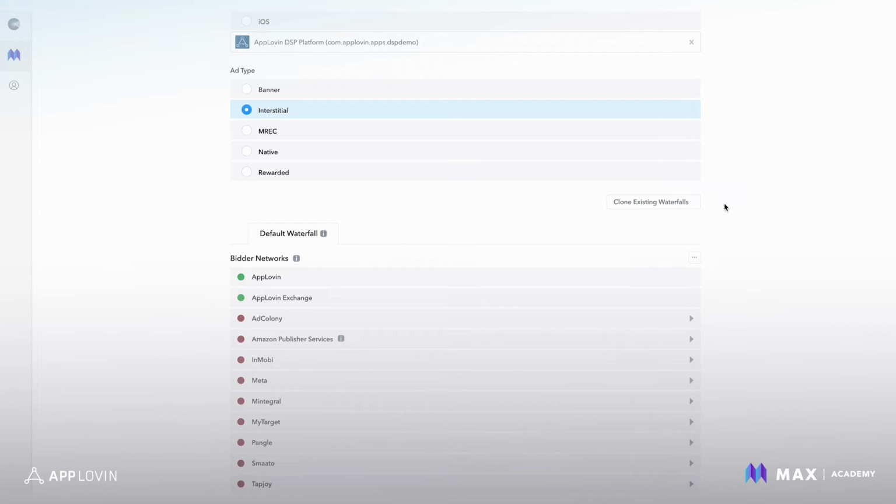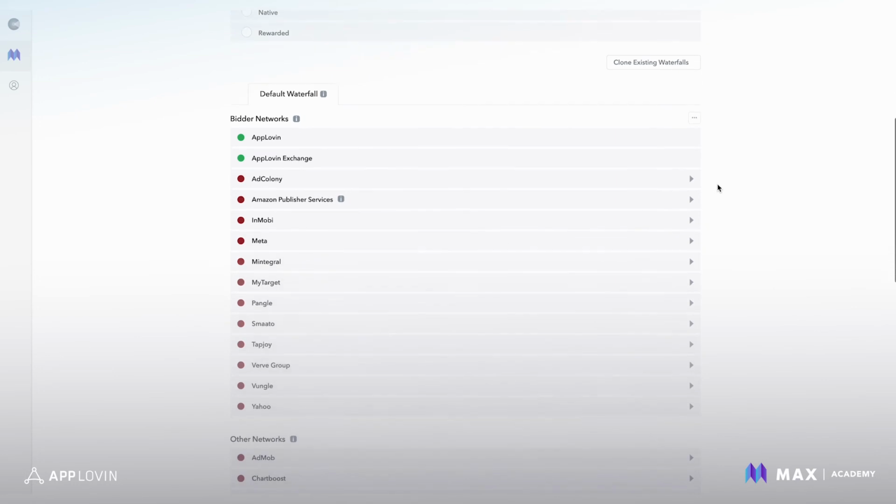If you're running multiple placements of this format within your app, you can still report on each unique placement. You'll just name and tag each placement within the SDK. And when you pull in reporting, you can drill down to each unique placement. But when you're building your apps within Max, you would just only want to use one ad unit ID for management, and then you can use the reporting to get the performance of each individual placement within the app. You can find those instructions in our integration documentation, or just shoot us an email or escalate a support ticket, and we can tell you where to find it.